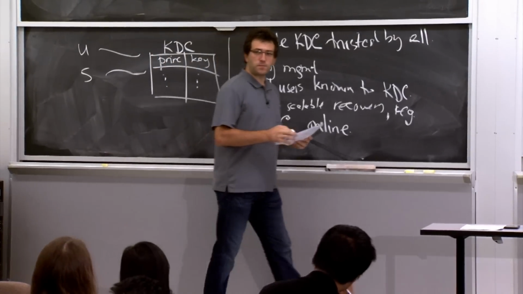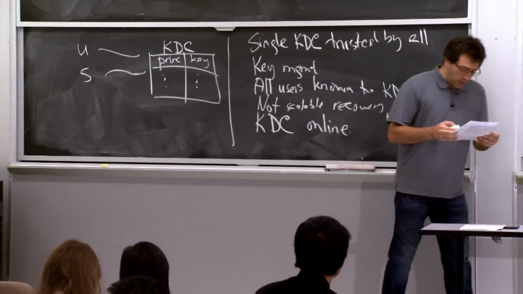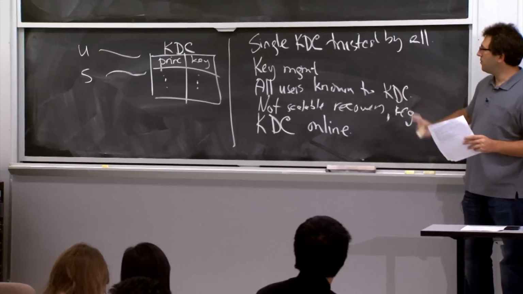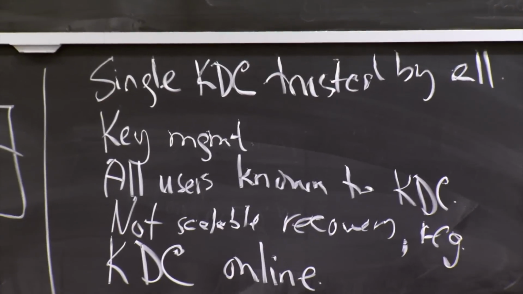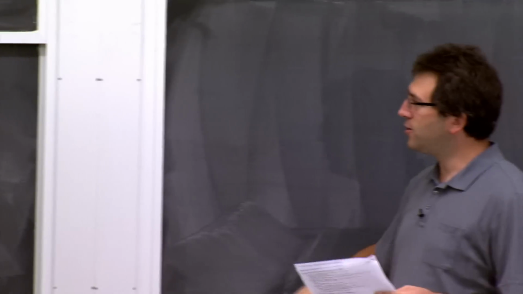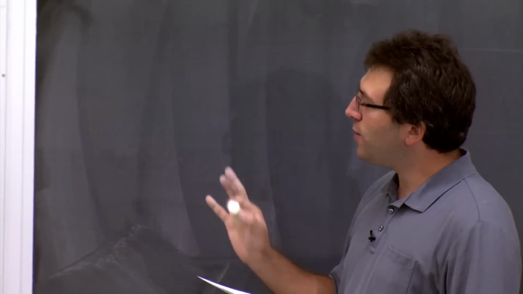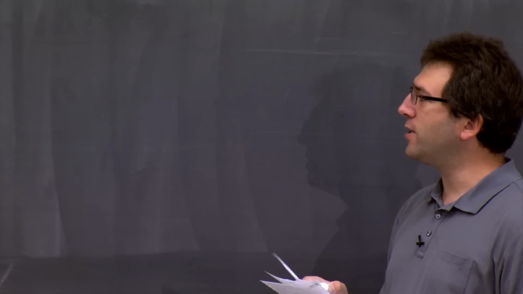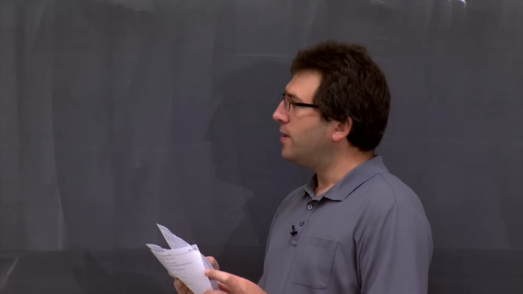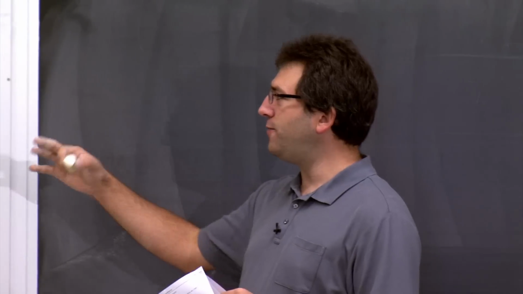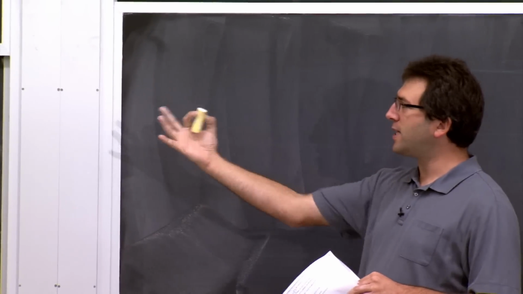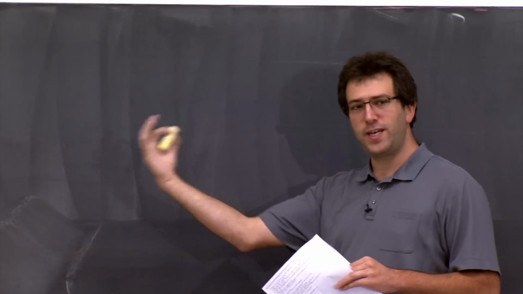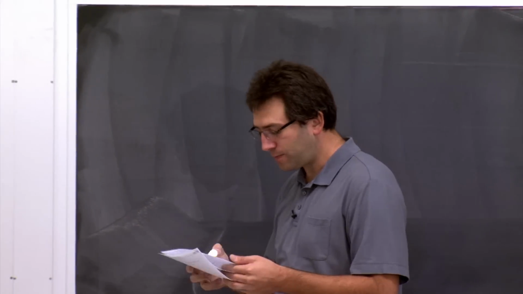Make sense? All right. So how can we solve this problem with these better cryptographic primitives? Well, the idea is to use public key cryptography to get this KDC out of the loop. So we'll first figure out whether we can establish secure communication if you just know some other party's public key, and then we'll see how we plug in a public key version of a KDC to authenticate parties in this protocol.